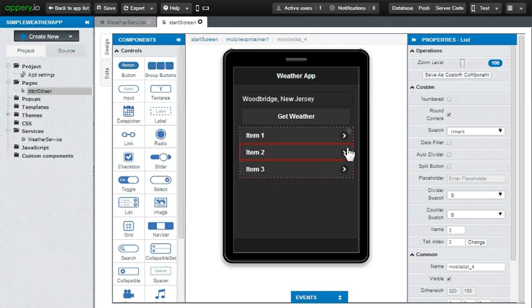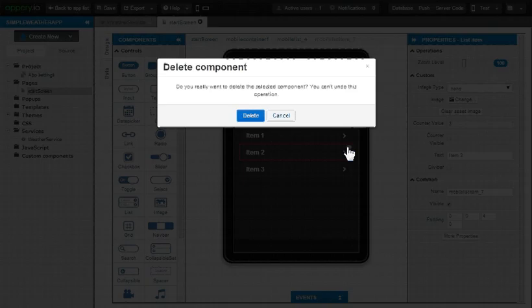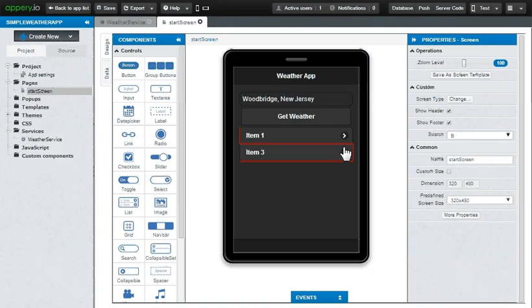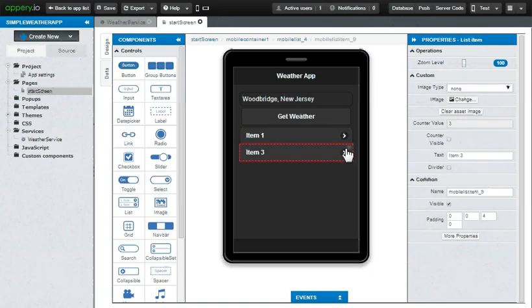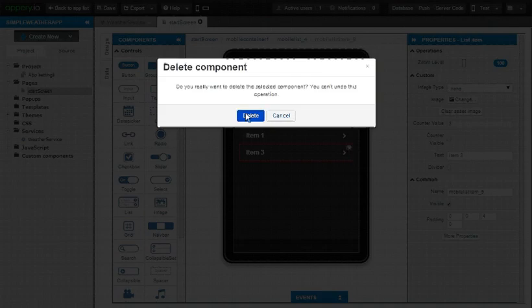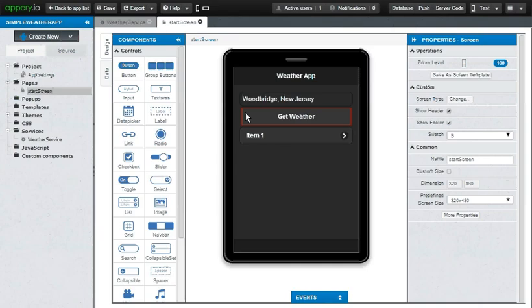I don't really need all of them, so I'll probably just delete one of them. There you go. So I'll just delete item number 2 and so also item number 3. So all I have is a single item, and in this single item, I will typically put in all the information that I need. I'll show you how exactly to do that.